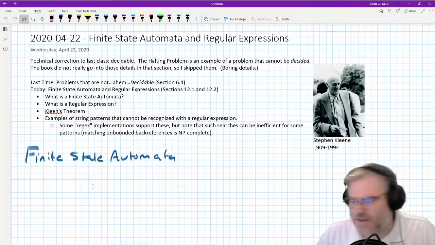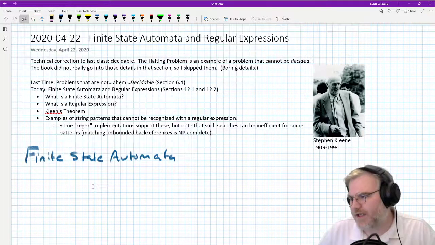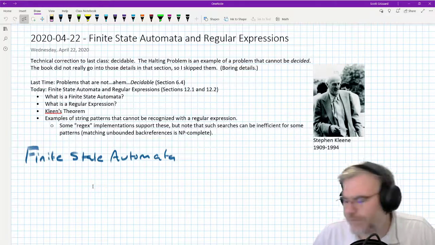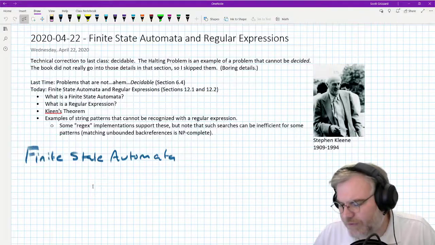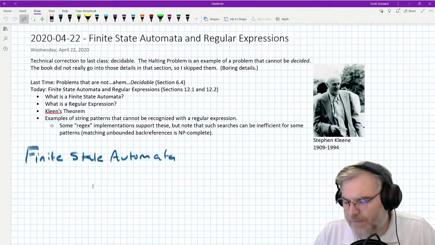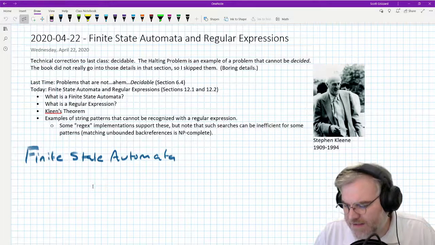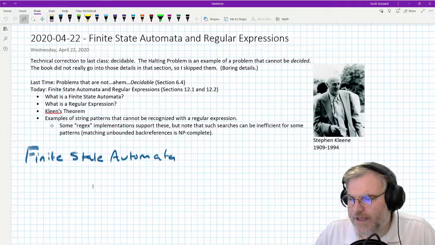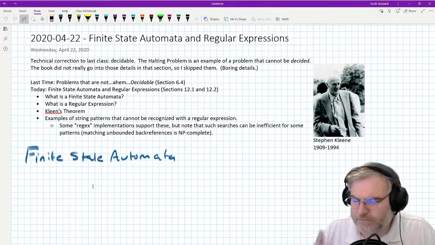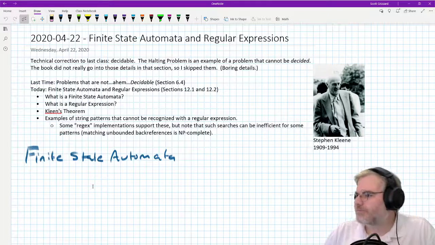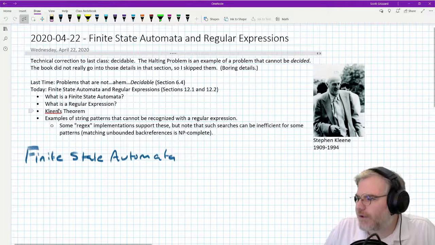The book didn't go much into decidable. I tried to go into decidable at the very beginning of the course, and then, when we went online, I said, I'll do what the book does, sort of. So that's why I didn't say decidable. I said computable or whatever. So last time I talked about problems that are not decidable and the fact that these things exist. Okay? So, if you're on the internet yelling at me, that's fine. Go ahead. Mea culpa, I admit it. Okay. And I also spelled Kleene wrong right here.